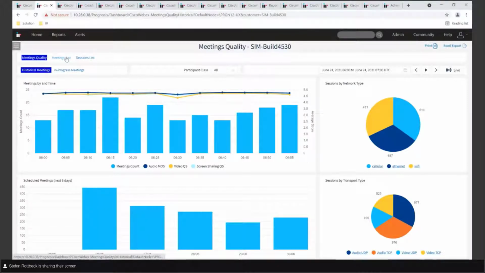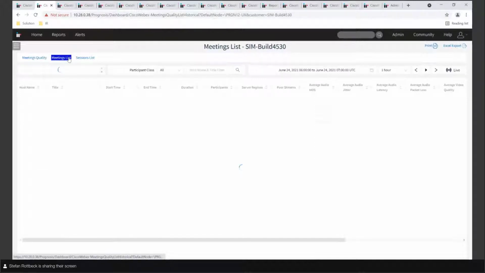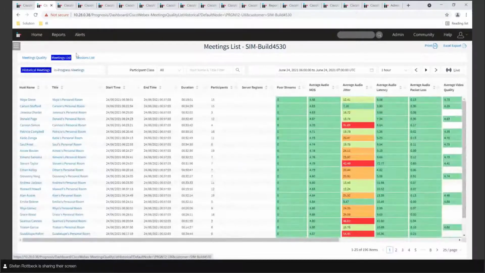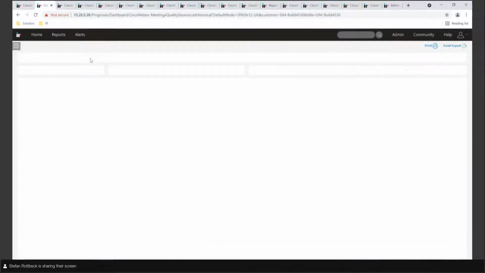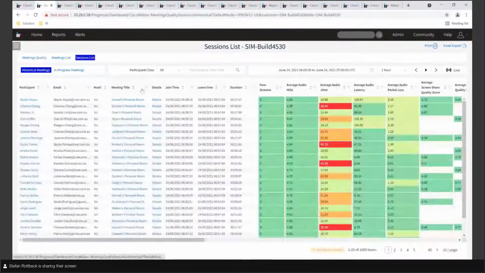But then we're also able to say, okay, give me the list of meetings as such, right? The rooms that people have or the individual meetings that they organize. But also I can jump straight into any participant session that is happening live or historically. So that would allow me still to see what meeting that participant is part of, but maybe with this view